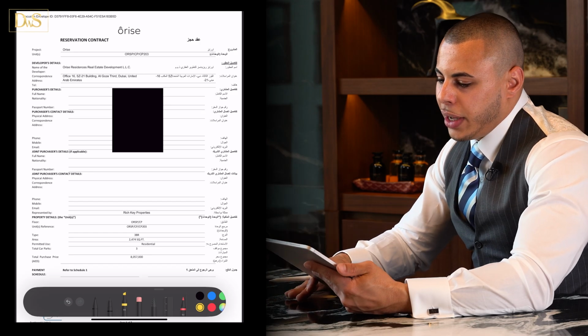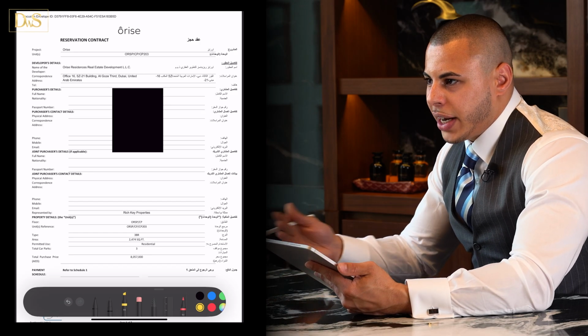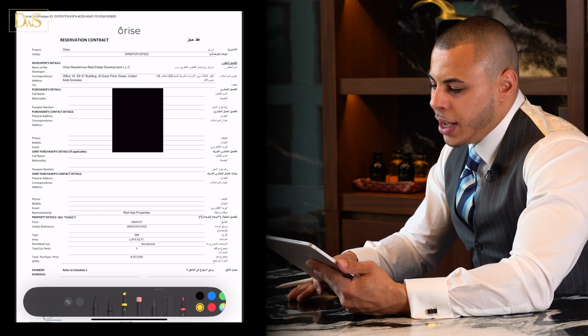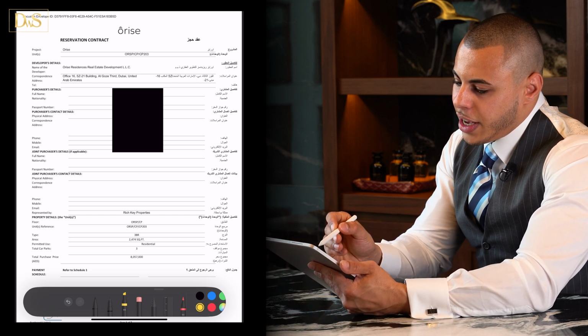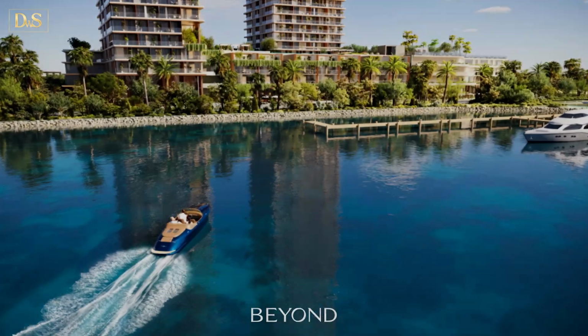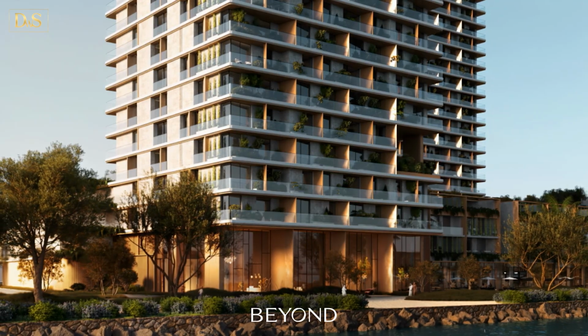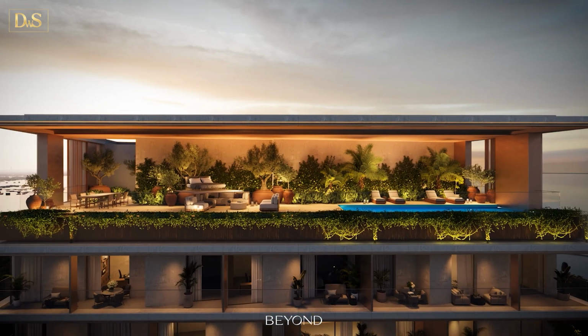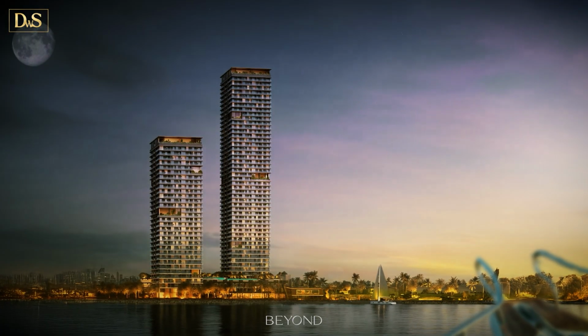And here again, I'm showing you a very transparent example of one of my clients. Obviously, I blurred out their contact information because it's very sensitive and private data. And obviously, what we can find here is a reservation contract, as it says, from the Orise development, okay? Jumeirah Peninsula, master plan from Beyond by Omniyat, one of my absolute favorite picks when it comes to waterfront developments here in Dubai. And what it basically says, it's an